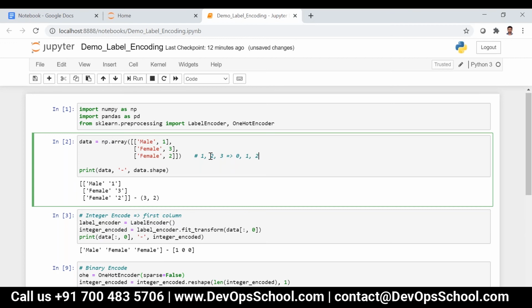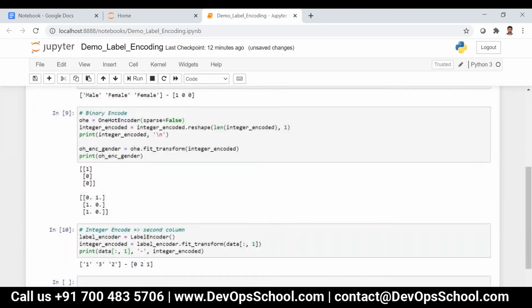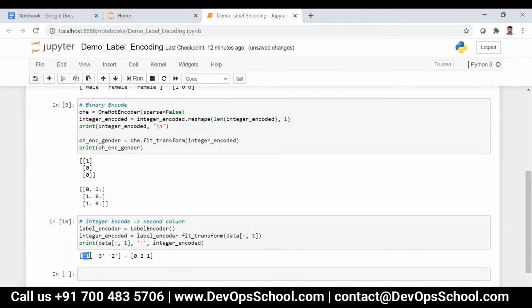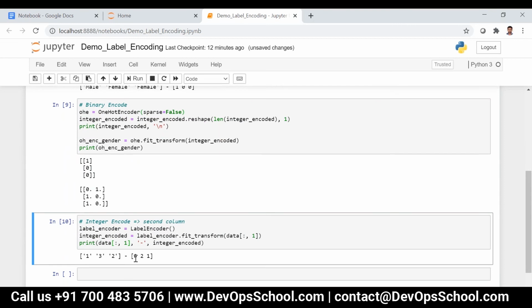Got it? Guys, clear? So now 1 3 2 has been transformed into 0 2 1.